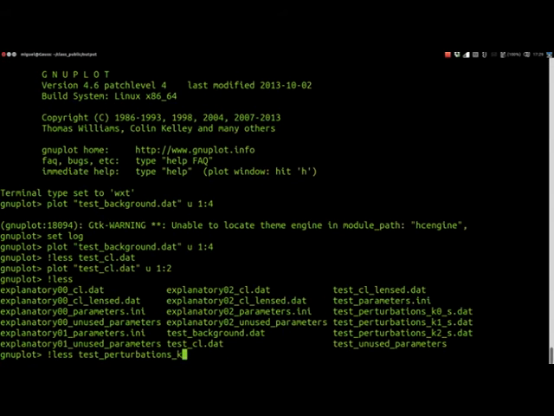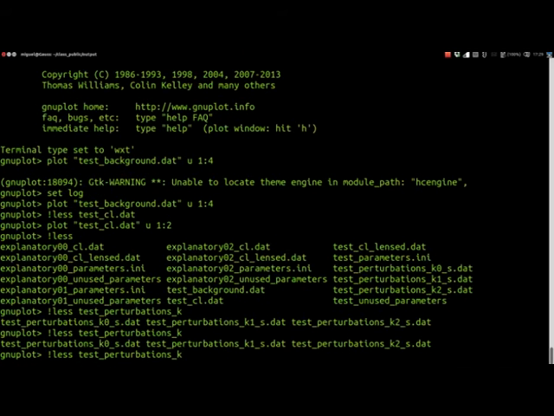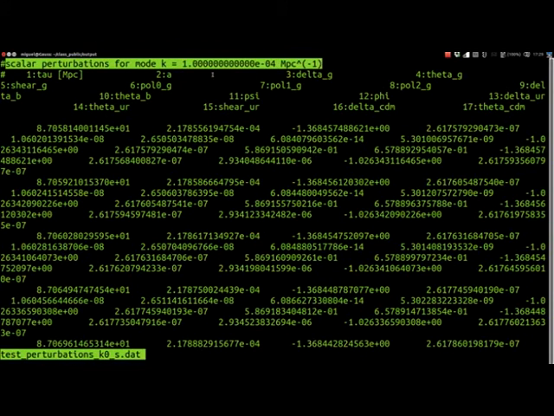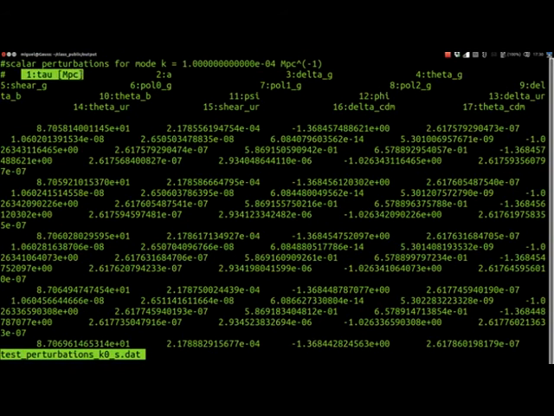Test perturbations k. There are different modes. So let's look at k0.dat. The header immediately tells us that's the evolution of scalar perturbations for a mode with k equal to 1 times 10 to the -4 inverse megaparsecs. And you can see what the columns mean: the conformal time, the scale factor, and then the evolution of the different variables. So let's, for example, look at the